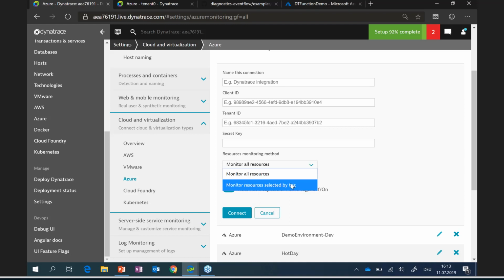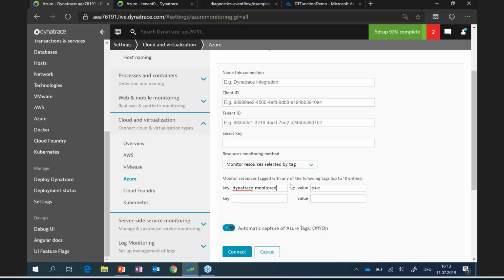So you can just select here a drop down and add some tags you want to filter the services you want to monitor. So if I understand this correctly, on the Azure side through metadata, I can say I want to monitor this and this and this component, and automatically Dynatrace will only pull in data from these things. Exactly. Perfect. Yeah. So it gives you more control on the Dynatrace side to control what you want to monitor,